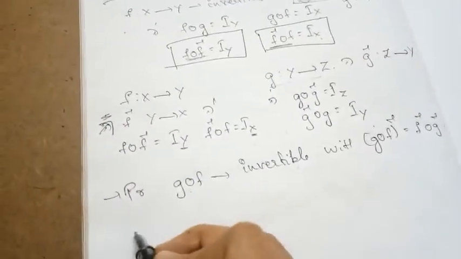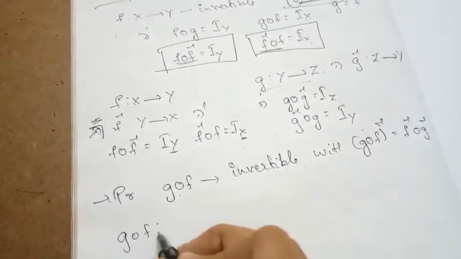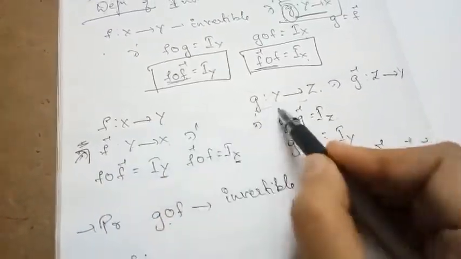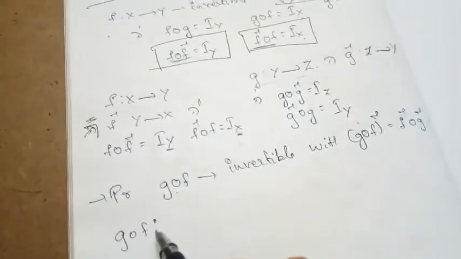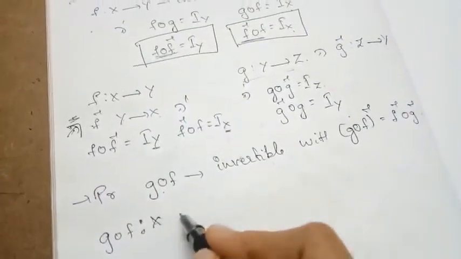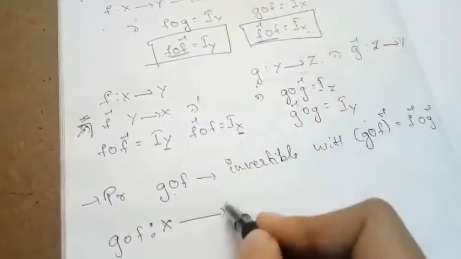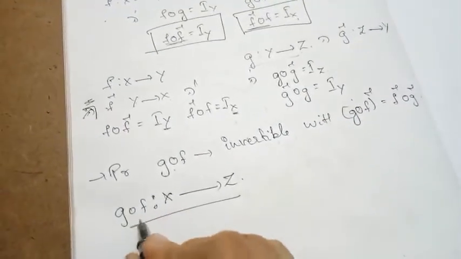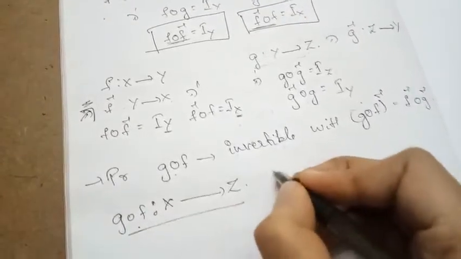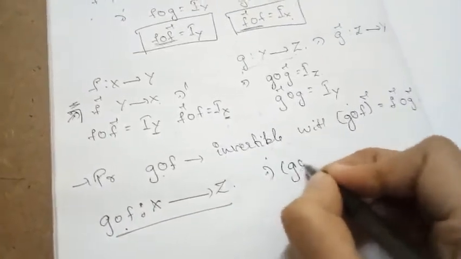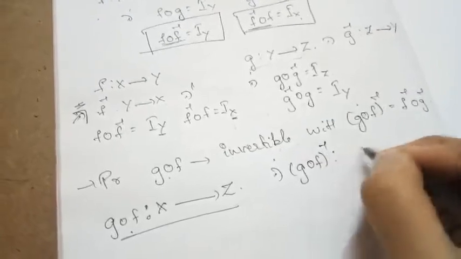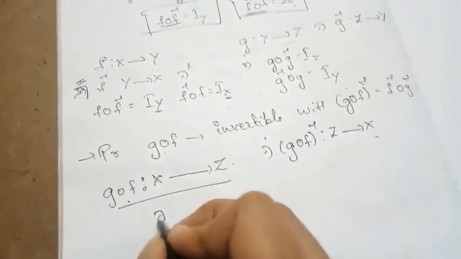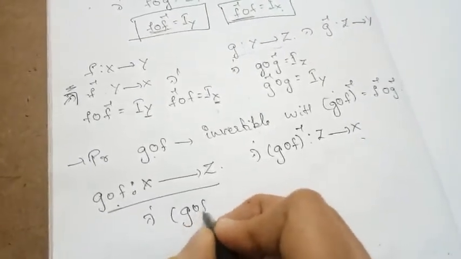So g of f means what, from where to where is it defined? g of f means f is from X to Y and g is from Y to Z. So the domain of g of f is X, and the codomain is Z. So the g of f function is defined from X to Z. To prove this is invertible, there must exist a function, (g of f) inverse, from Z to X, such that g of f